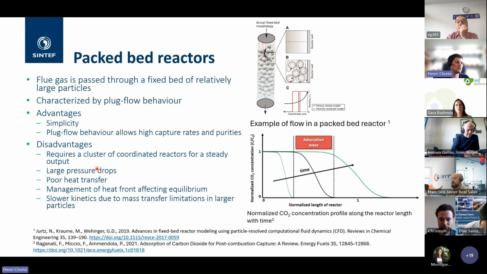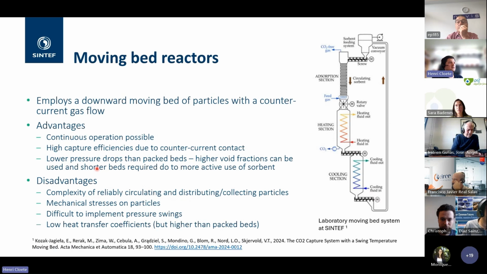And to reduce the pressure drops, you usually have to use larger particles, which then introduces some mass transfer limitations and reduces your reaction kinetics. Okay, so the next option is to use a moving bed reactor. They basically have particles falling downward under gravity, and you have countercurrent flow of gas moving upward. Compared to packed beds, the main advantage is that continuous operation is possible. You can have high capture efficiency because, for example, this is a